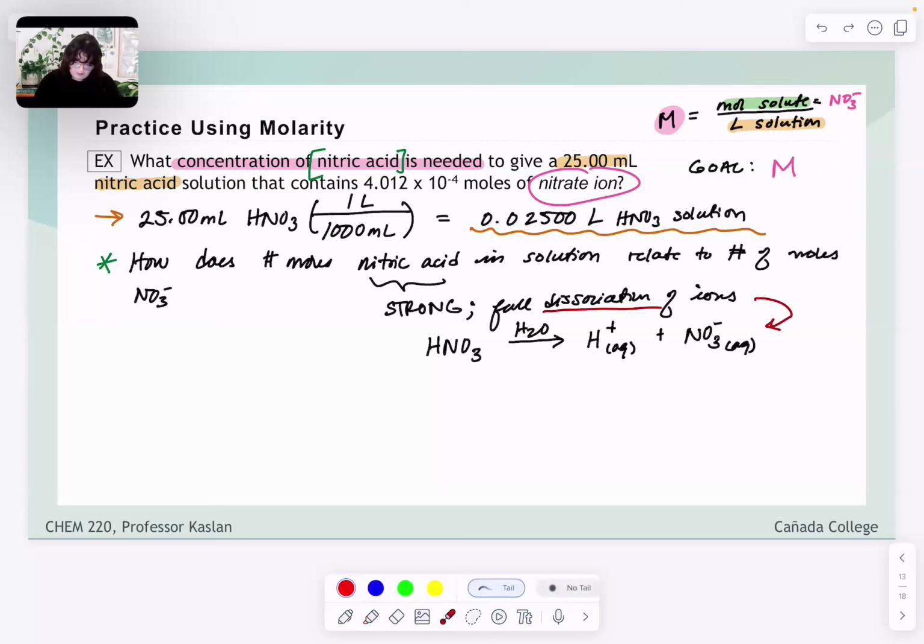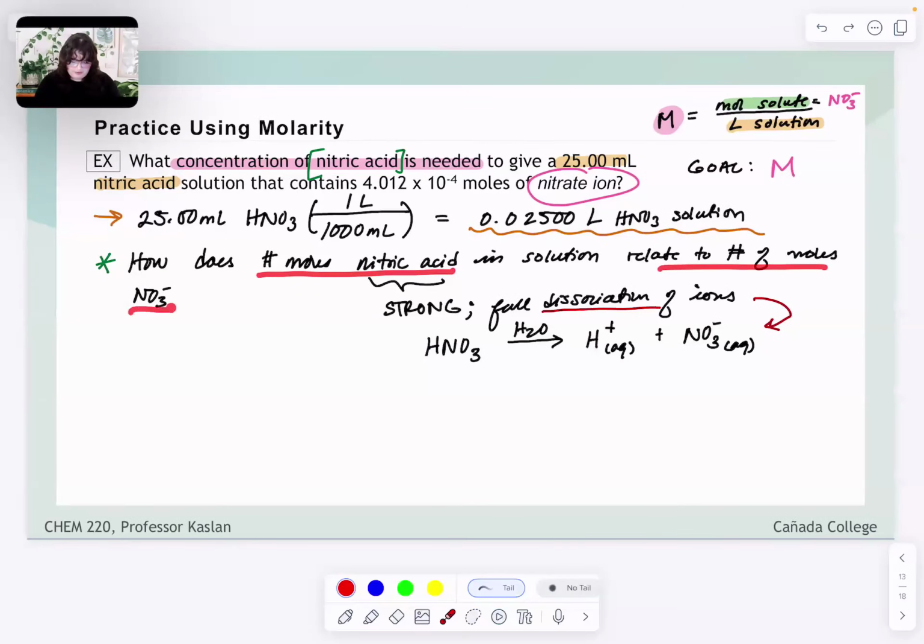So why was this important information to know? What was this a good reminder of? So again, the question we're asking ourselves is, how does the number of moles of nitric acid relate to the number of moles of nitrate? So this is really a stoichiometry question. This is asking us, if we were to look at the ratio of nitric acid to nitrate ion, what would that ratio be? In other words, when I dissolve 1